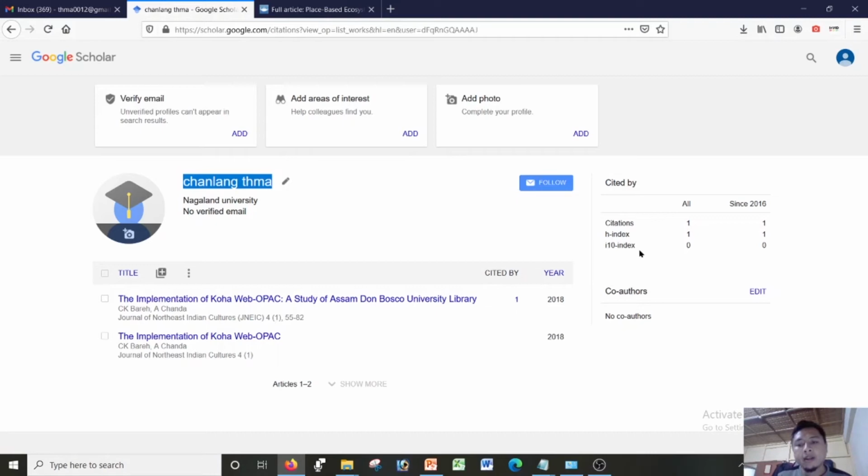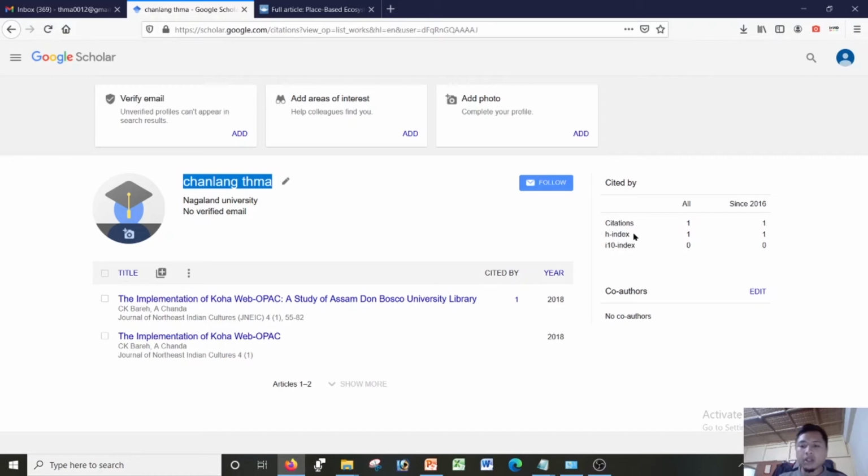And if you see on the right side here, it also gives your H index. H index takes into account the metric system of the number of articles you have written and the number of citations, the minimum number of citations on the basis of your minimum number of papers.